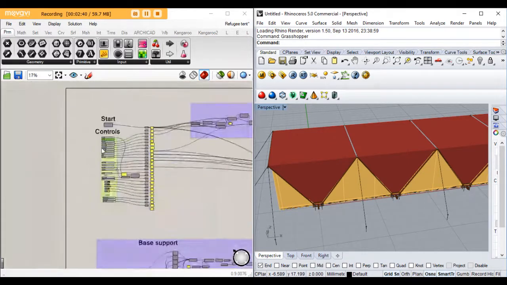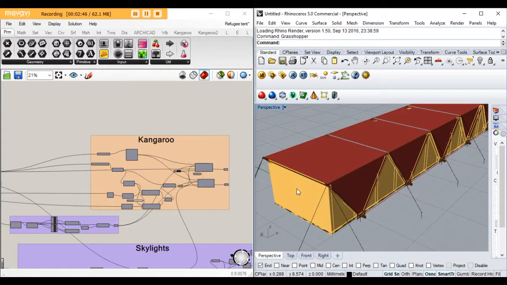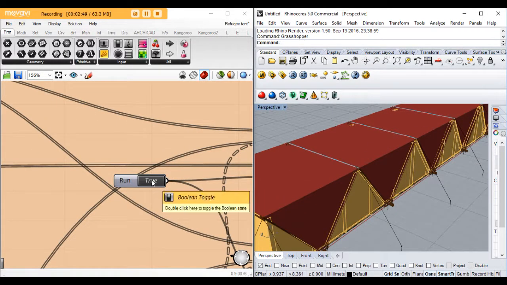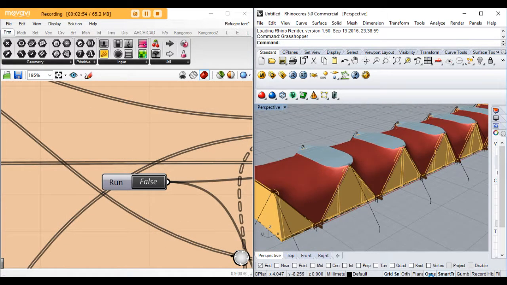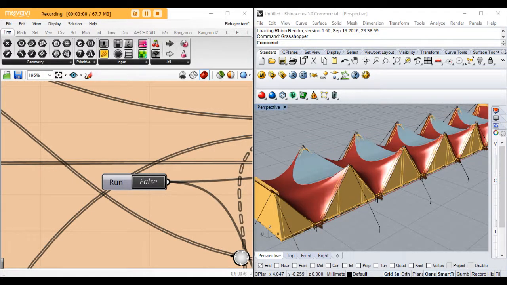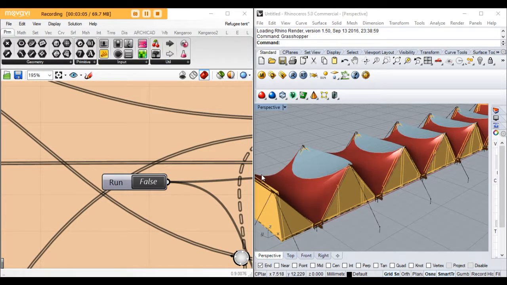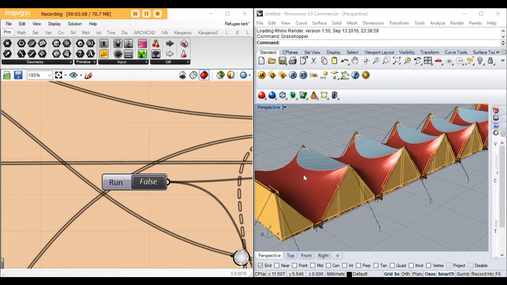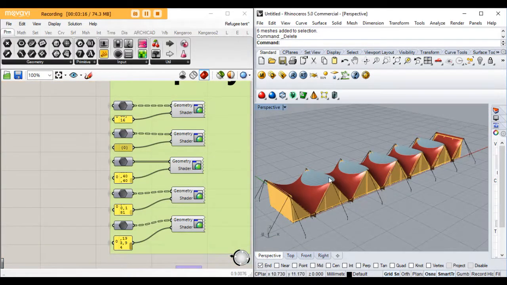So we can now simulate the tent itself. So we can start, and if I turn on the timer here, we can see the relaxation of the tent surface, which will soon gain its final shape. So now when it gained its final shape, we can